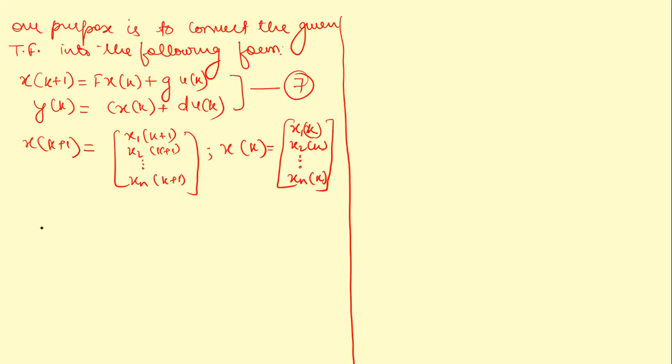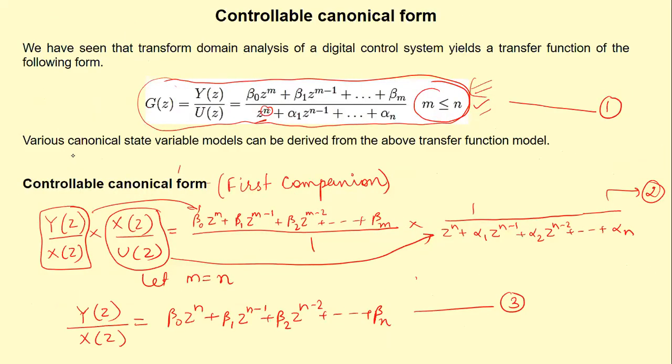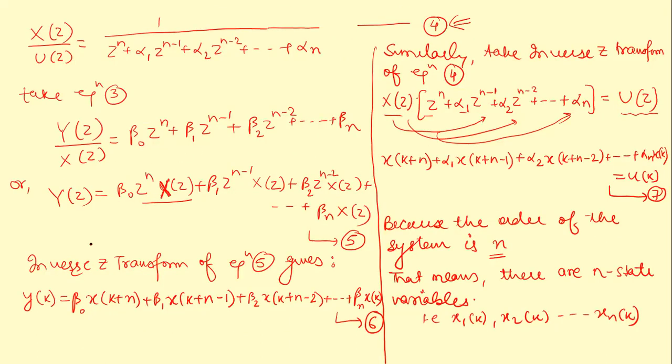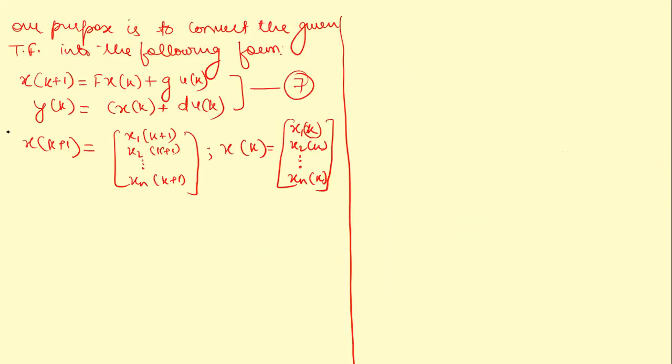Now because we have converted the given transfer function in terms of X(z), Y(z) has been obtained in terms of X(z), and U(z) is also in terms of X(z) here. So now let us assume, let x1(k) be x(k), that is, this x(k) is nothing but, let us say, x1(k), the first state variable. Now if we replace k with k plus 1,